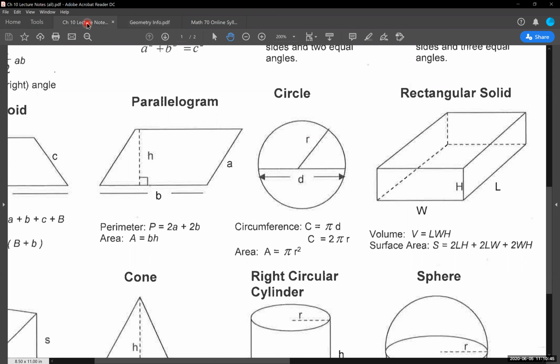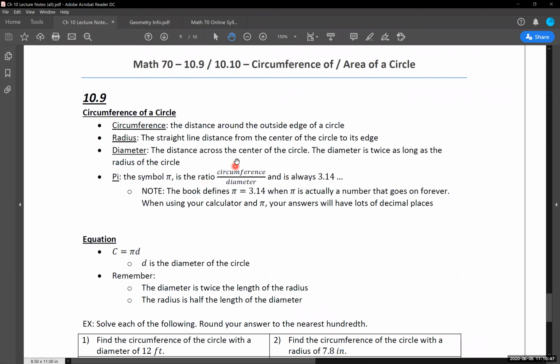So we'll jump back to our notes here. And our last piece of information that we have is pi, the symbol that we see right here. And it's the ratio of the circumference divided by the diameter of a circle that we are working with. And it is always going to have the value of 3.14, I think it's 159, it's got a bunch of numbers that come after it.